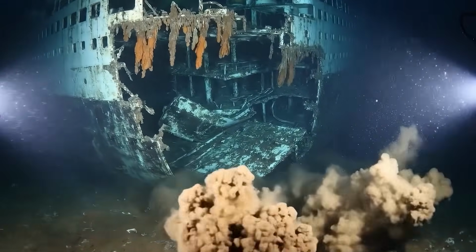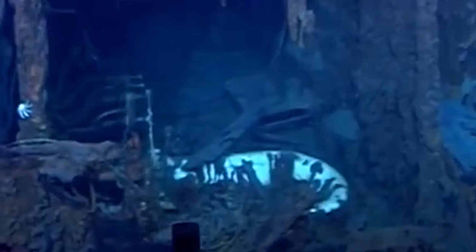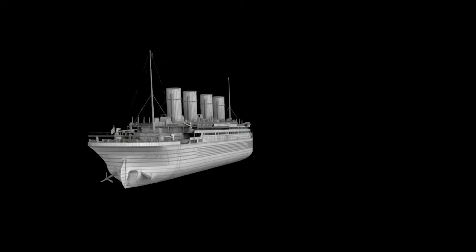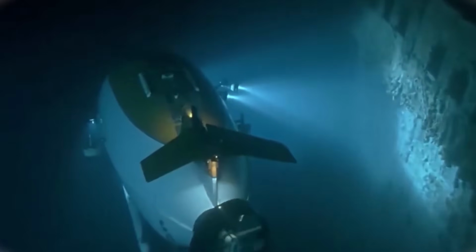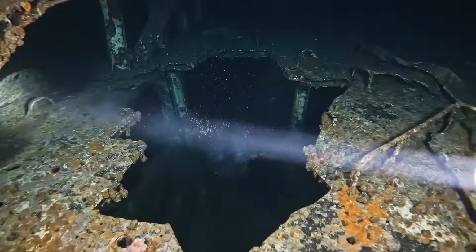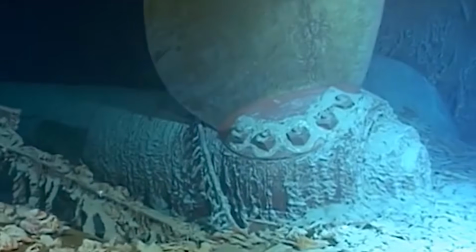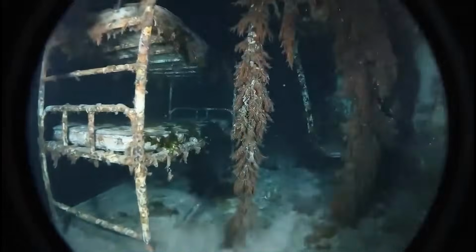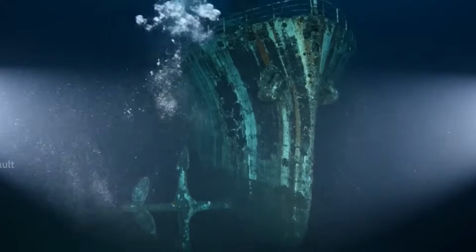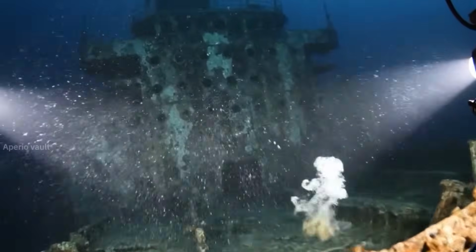Unlike earlier explorations in the past century that physically touched or visually glanced at the shipwreck through portholes, the modern approach involved high-resolution sonar imaging, digital scanning, and robotic vessels capable of enduring the extreme pressure of the deep ocean. These systems produced comprehensive three-dimensional representations of the shipwreck, effectively creating a digital twin of the historic site. This virtual exploration allowed scientists to visualize the Titanic structure in its fragmented yet fascinating state without disturbing the fragile